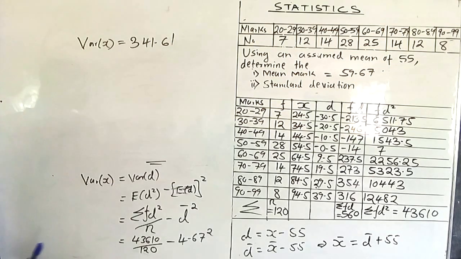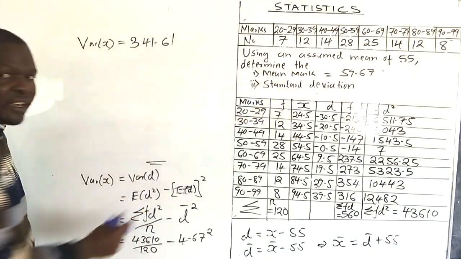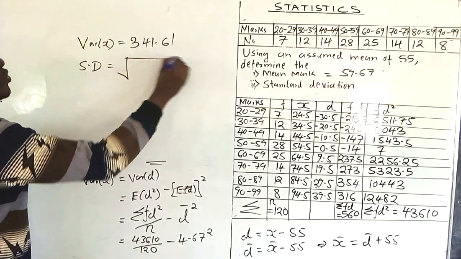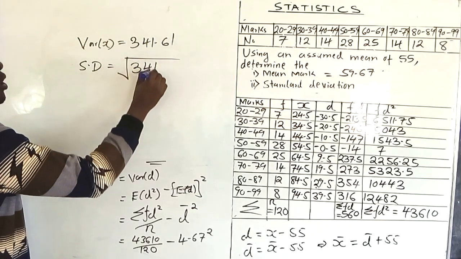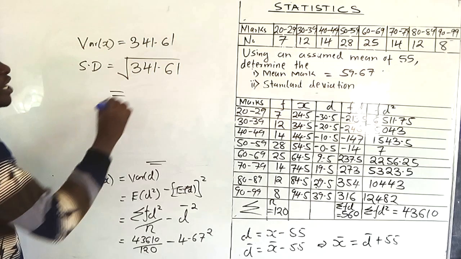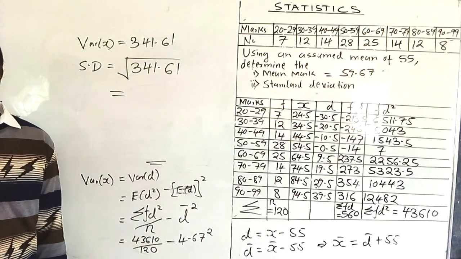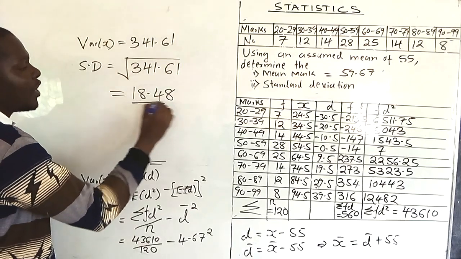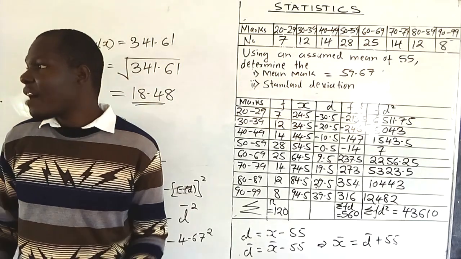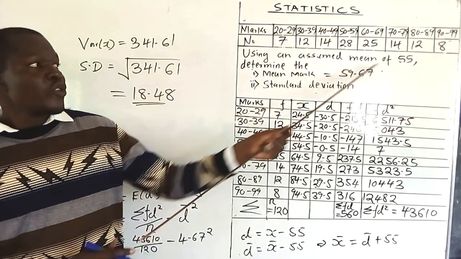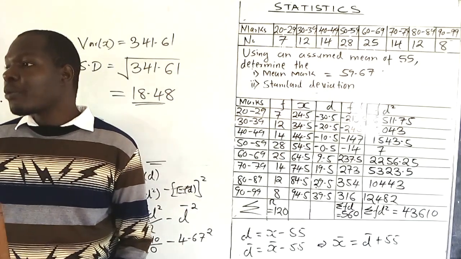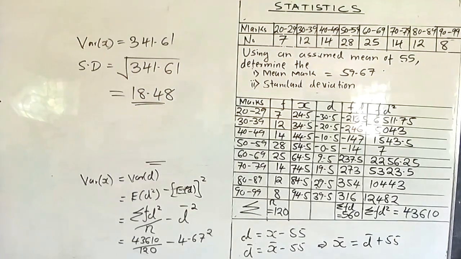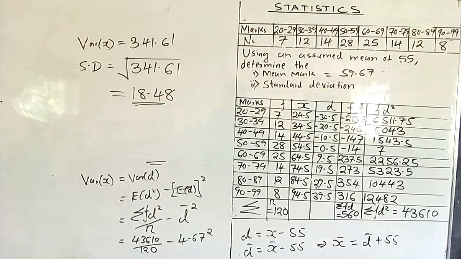So after getting the variance of x, we can now get the standard deviation. The standard deviation is the square root of the variance. So what do you get to be the standard deviation? 18.48. And by that, you will have answered the question using the assumed mean approach. Let's see another case on the same